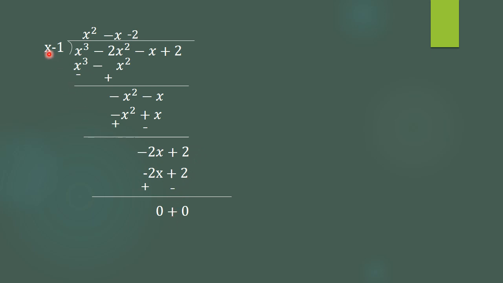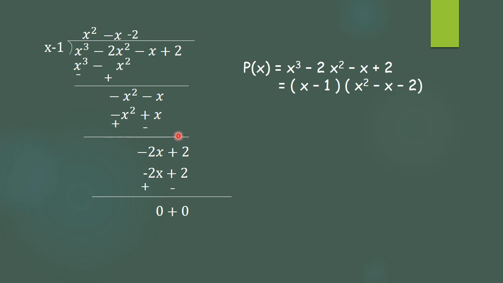So one factor was x minus 1 and we get another factor. Now we have already studied that the dividend can be written as divisor multiplied by quotient plus remainder. So using this we can write p of x as x minus 1 multiplied by x square minus x minus 2 plus 0. But as it is 0, no need to write the plus 0. So from the cubic we get x minus 1 as a factor, and another we get as a quadratic.